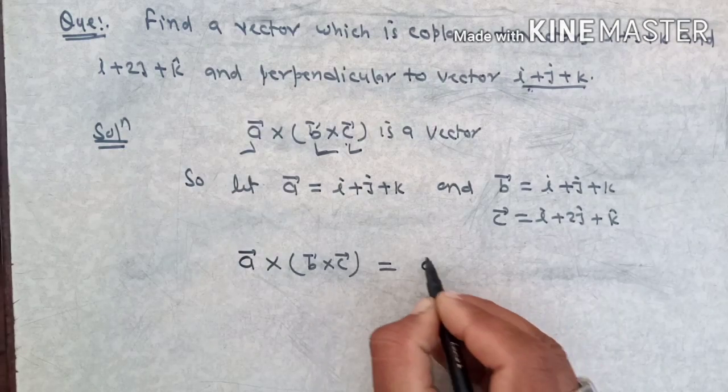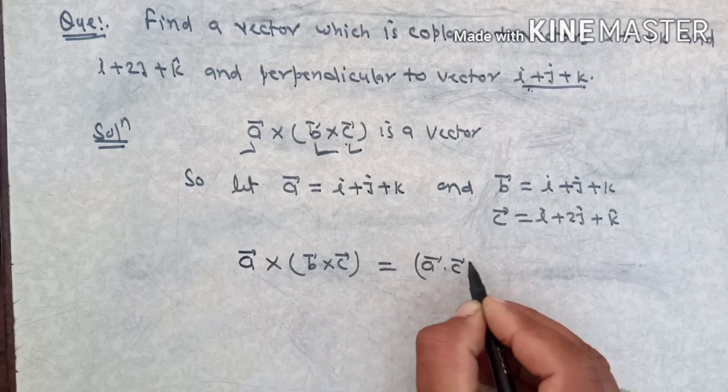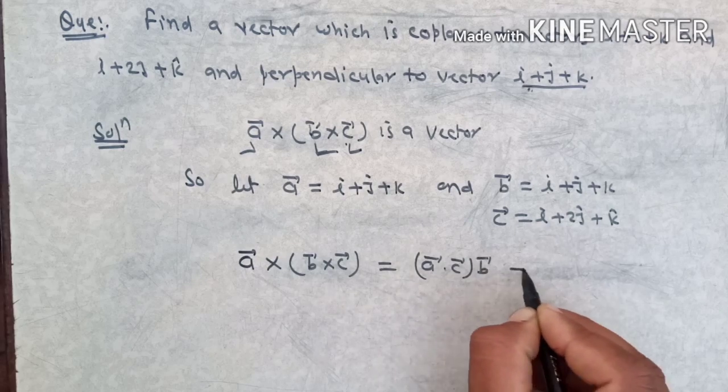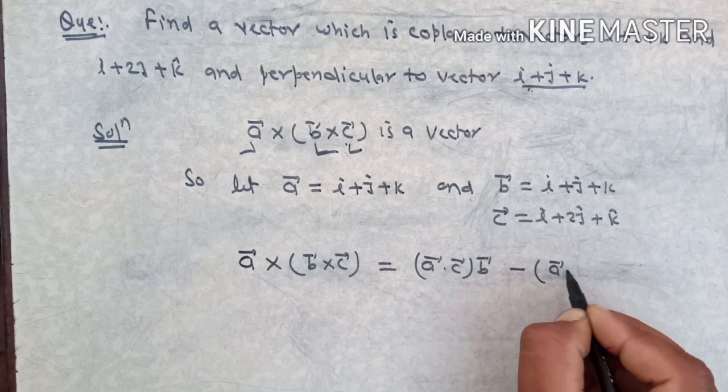So you know, vector A dot vector C, vector B minus vector A dot vector B,